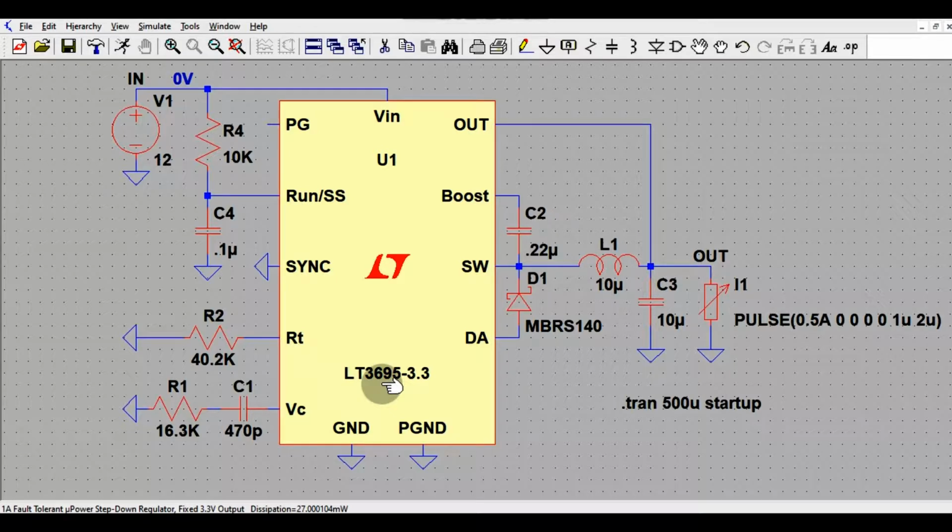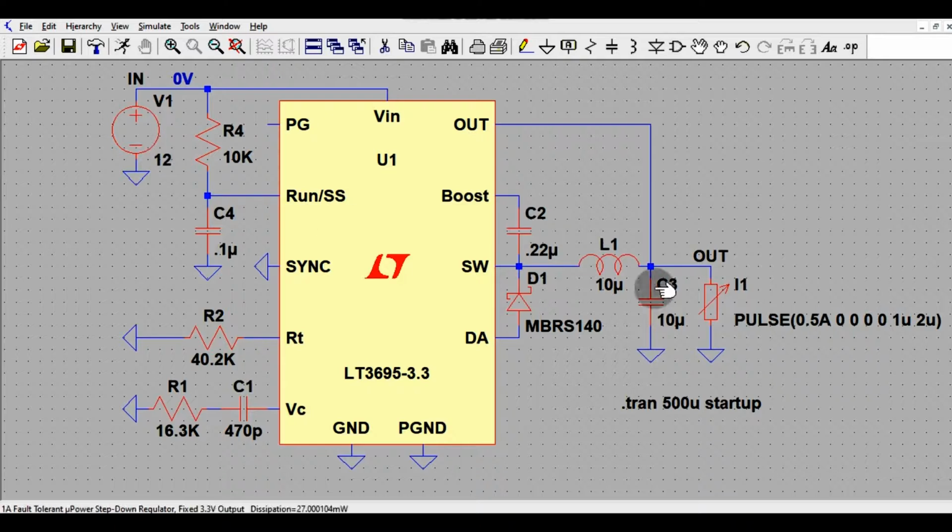Here I will show you the input signals, the output signal, and how outputs behave while you have switching load. In our case we have a switching load here, you can see this I1 is a switching load. I will show you the startup analysis, or transient behavior of this circuit, how the output ramps up and then how it gets stable. So all these things we will understand today in this video. Hope you understand the objective here.